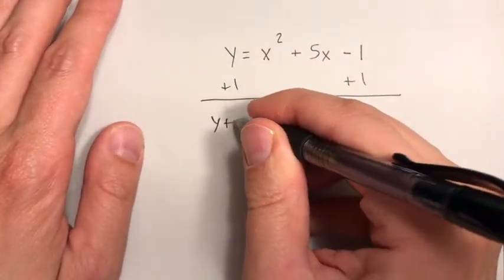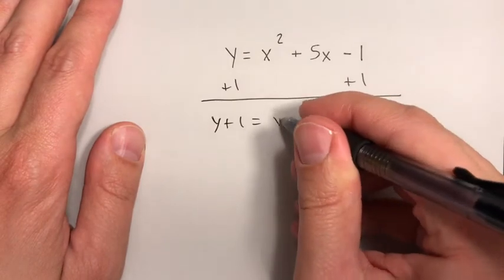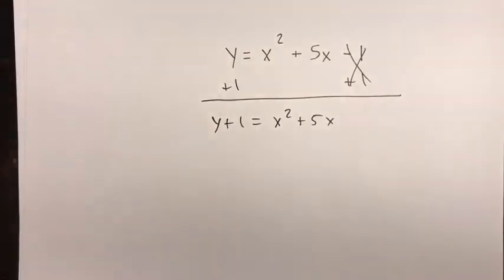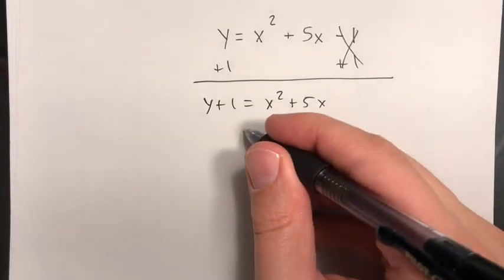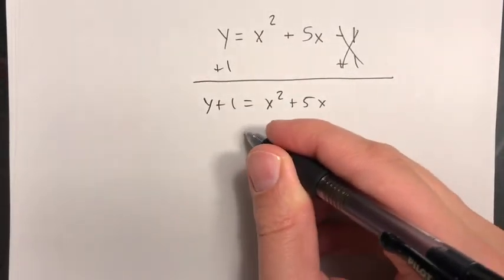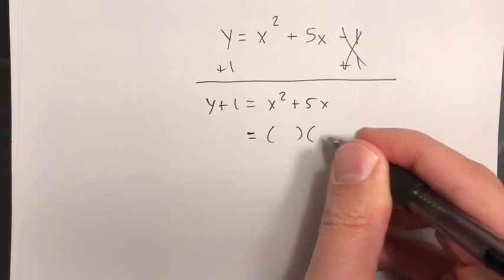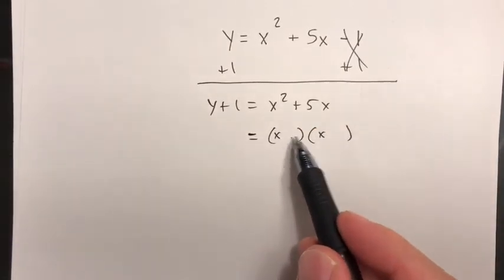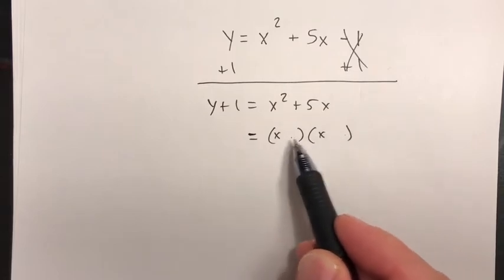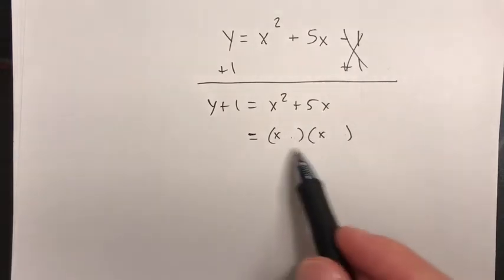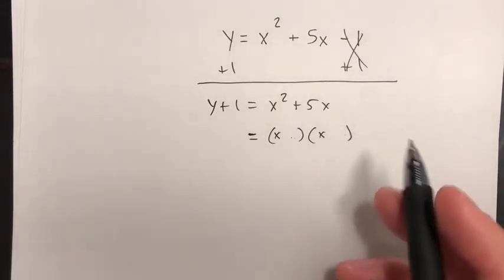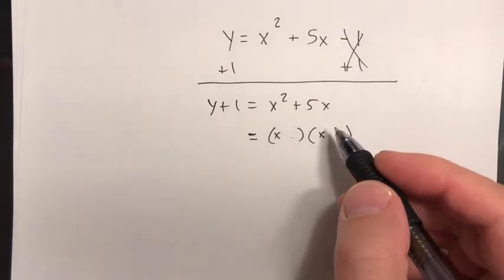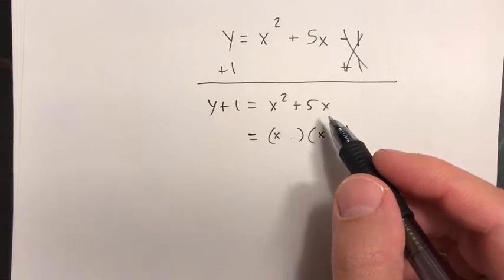We're going to get y plus 1 equals x squared plus 5x, and then obviously this cancels. Now normally, again, I'm thinking of it with the equals, parenthesis, parenthesis, x and x. I'm thinking of, again, something that adds up to get that, because that's going to be the relationship that I'm looking for, that perfect square. You'll notice that this time, unfortunately, I am going to be getting a bit of a fraction or a decimal,